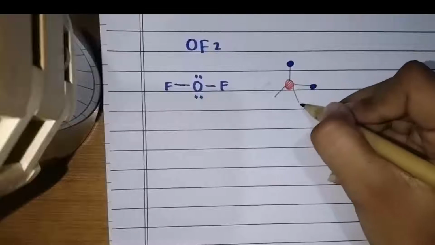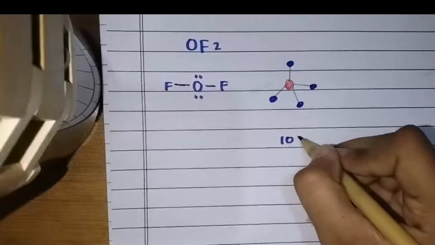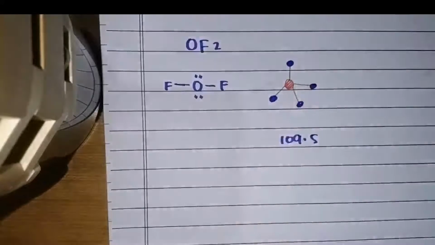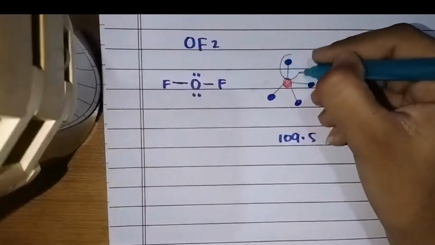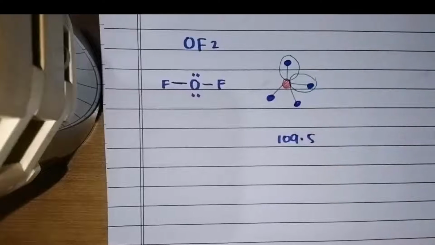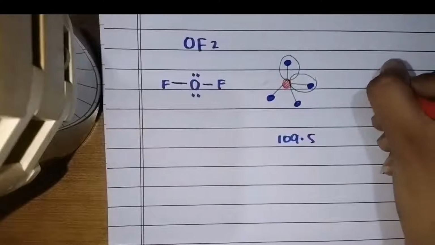things around the central atom, it must have 109.5 bond angle. But the third question is, what atoms are replaced by the electron pairs? So we have to make another structure here,